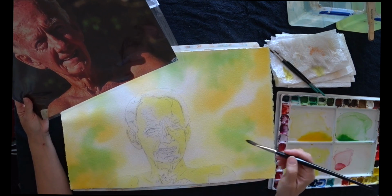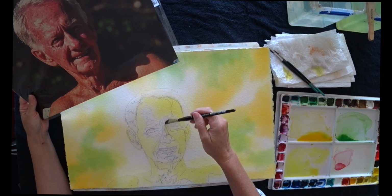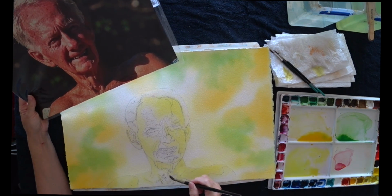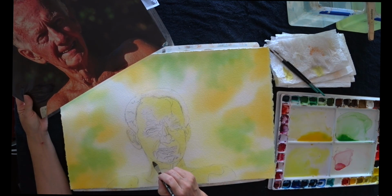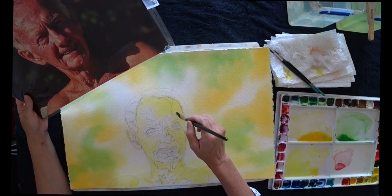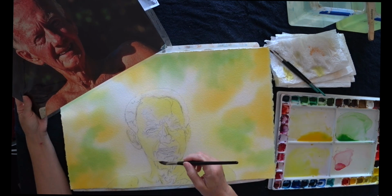And my paper is still nice and damp. My brush isn't flooded. I can already see quite a lot of tonal change starting to happen already, and this is just using very light yellow. Next layer I'm going to repeat this, but I'm going to repeat it with some more sort of fleshy toned colour. Got some shadows over here, just keeping an eye on the highlights,